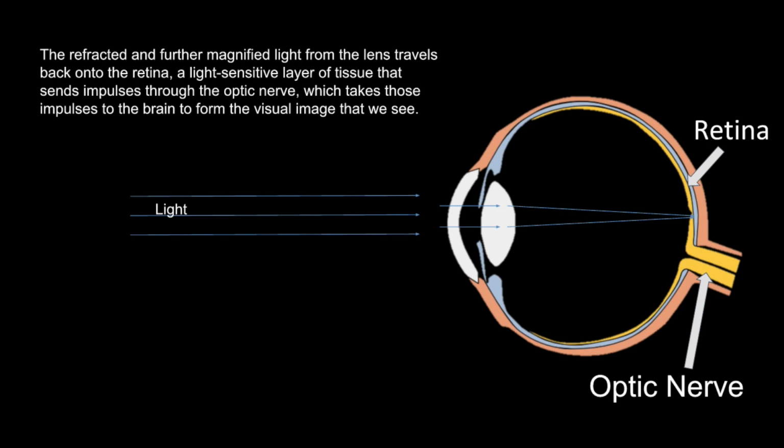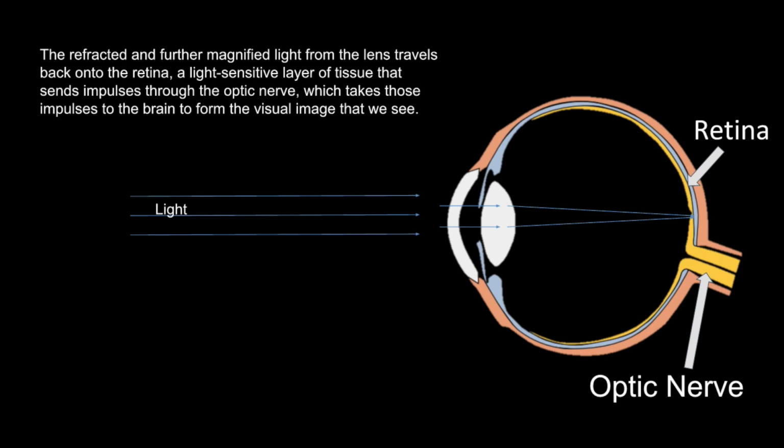But if the light is concentrated too far back behind the retina, then the person will be farsighted, which means that they can see things that are further away okay, but if it's close up, then they cannot see it as well. After traveling through the lens, the pupil, and the cornea, the light will be refracted and fully magnified,